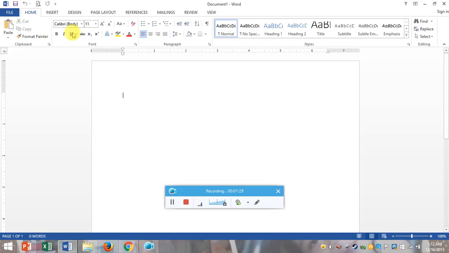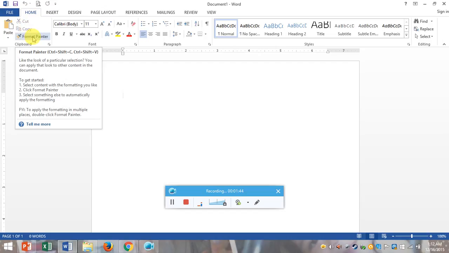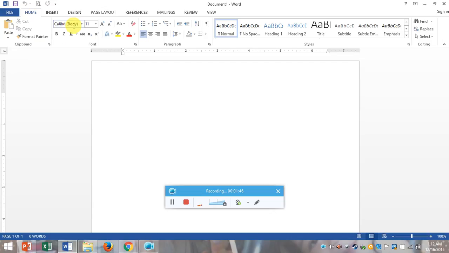The Home tab gives you access to some of the most commonly used commands for working with Word 2013, including copying, pasting, formatting, aligning, paragraphing, and choosing document styles. The Home tab is selected by default whenever you open Word.